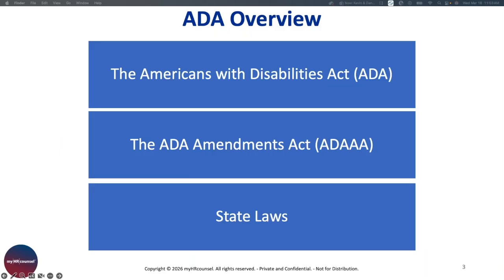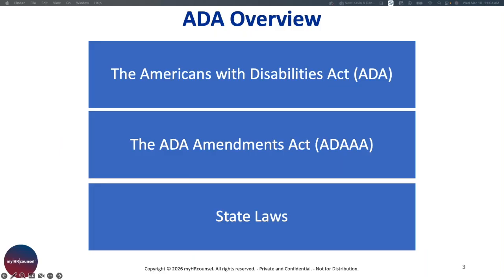Also in play when you're talking about the ADA is the ADA Amendments Act, or the ADAAA. That is a newer federal law from 2008 that basically expanded the regular ADA. Under the ADAAA, the definition of disability is going to be construed in favor of broad coverage, and it's not going to demand an extensive analysis. So in other words, the ADA was passed in 1990, the ADAAA was passed in 2008, and with that newer law, they wanted to really expand what was covered. It's easier to meet the definition of disability under the ADAAA.